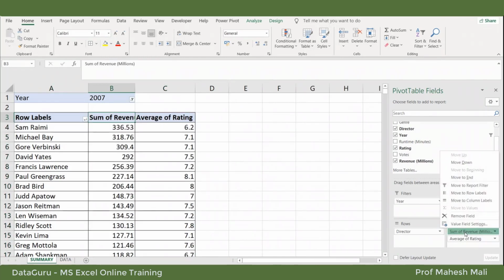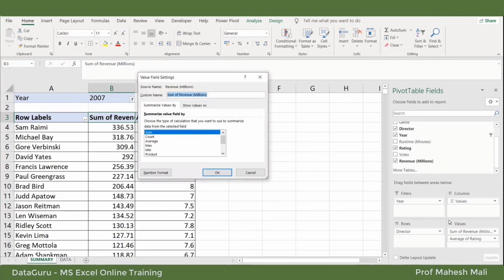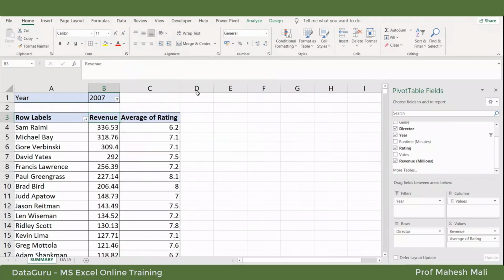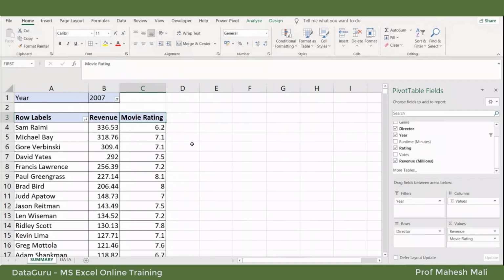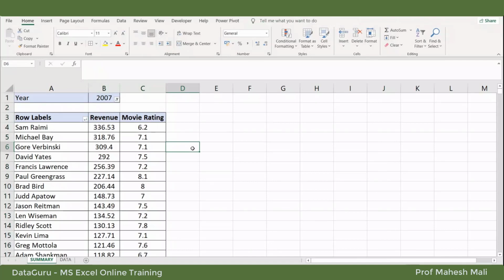If you want to change the column name, you can just write revenue in millions. The same name already exists, so I will change it. This is revenue, and this is not average rating but just rating, because I don't want to tell anyone it is the average rating. All right, so it's very sharp data now.